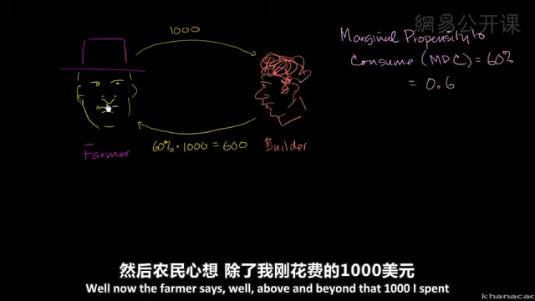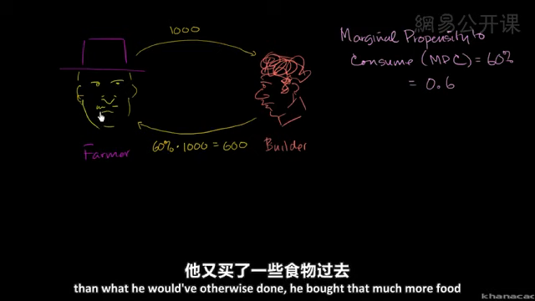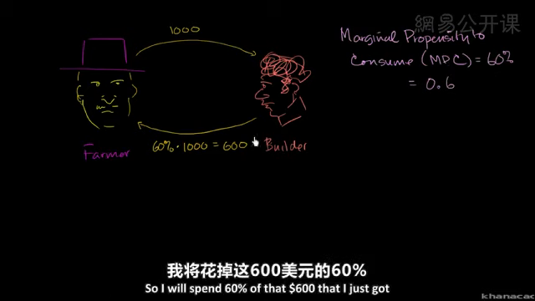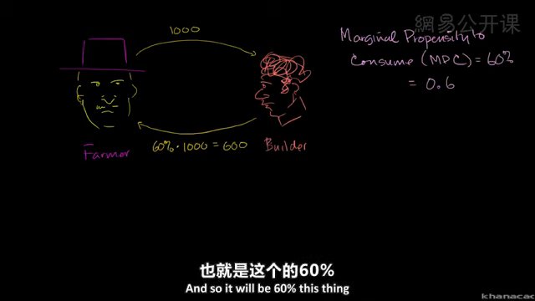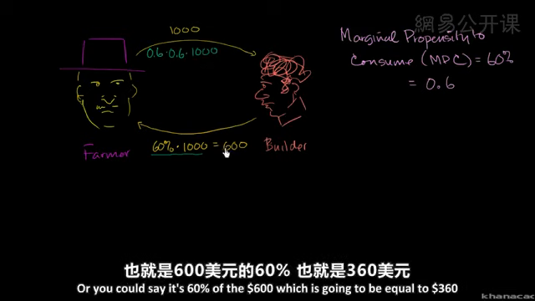Well, now the farmer says, I got above and beyond the $1,000 that I just spent. Somehow, the economy seems to be picking up. The builder just spent $600 more on me than he would have otherwise done. He bought that much more food. I have $600 more, and I have a marginal propensity to consume of 0.6, or 60%. So I will spend 60% of that $600 that I just got. I'll write it as a decimal: it will be 0.6 times this thing, or 60% of this $600, which is going to be equal to